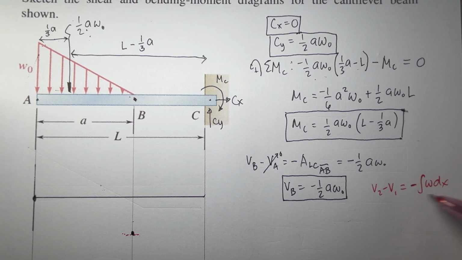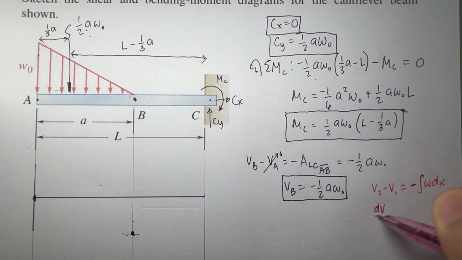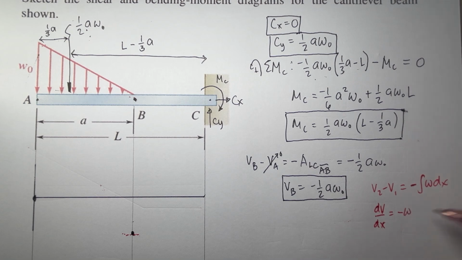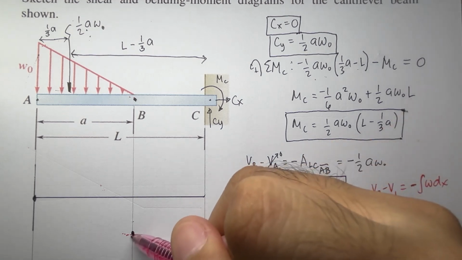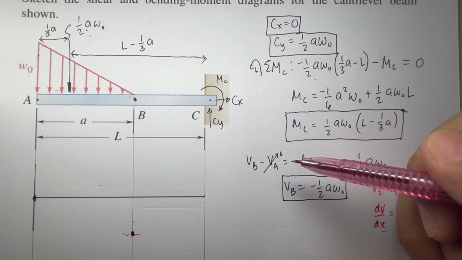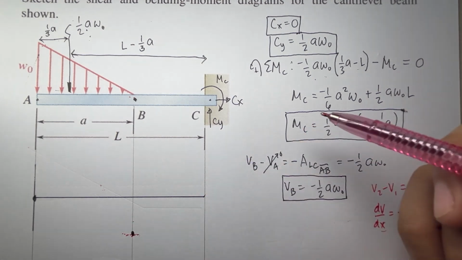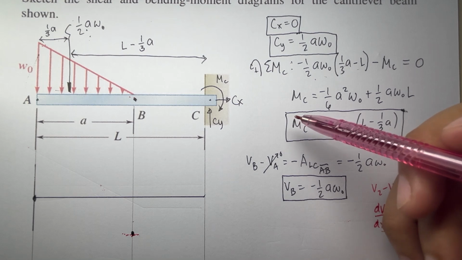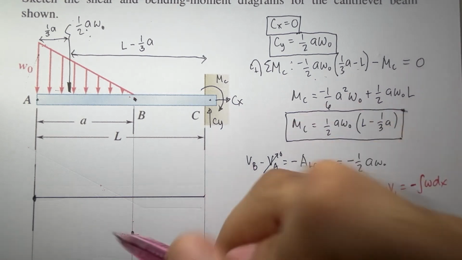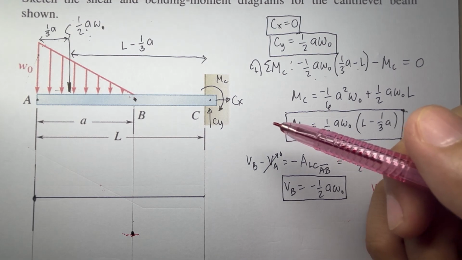From our formula here, we have dV/dx equal to negative omega. If our omega, or the load, is equal to 0, therefore our slope in the shear diagram would also be 0. And when would the slope be 0? That is when the value of the point on our shear diagram is maximum or minimum, no? So in this case, it's the minimum value, but maximum in magnitude, if we take away the negative symbol. This one here is the maximum magnitude.